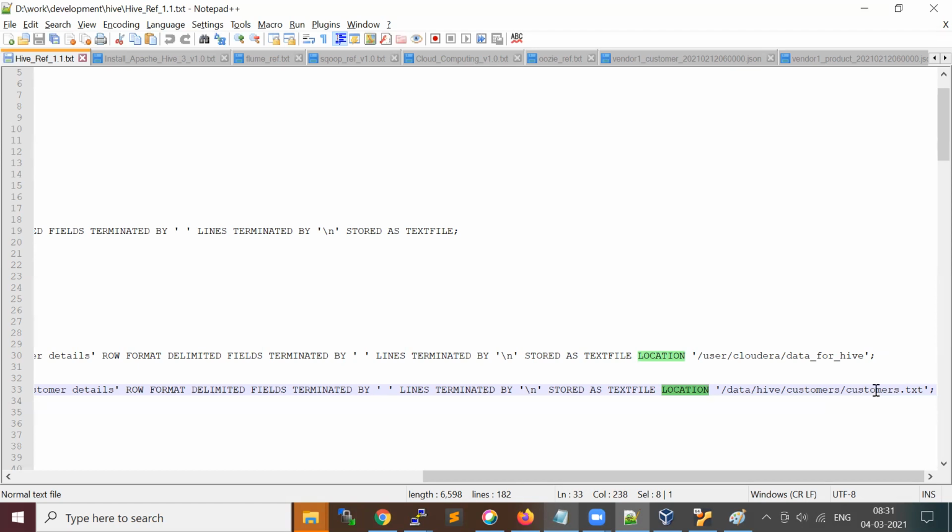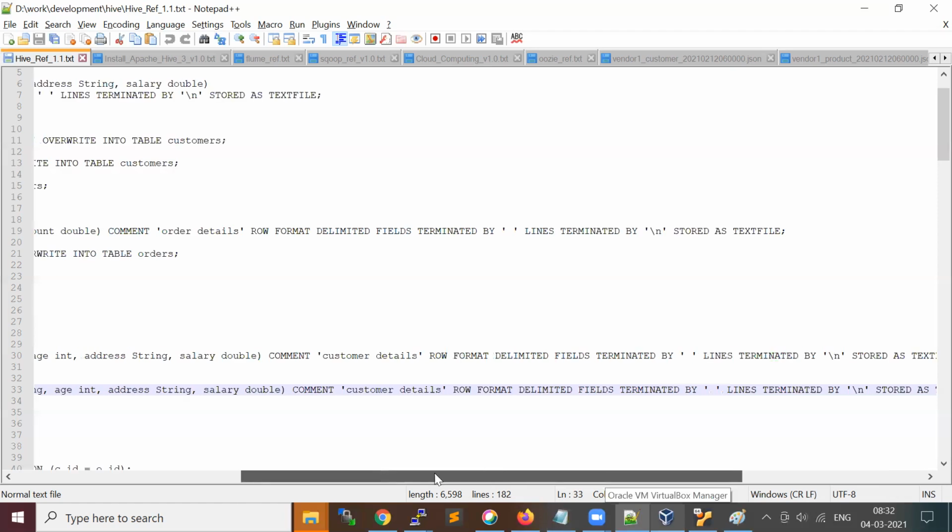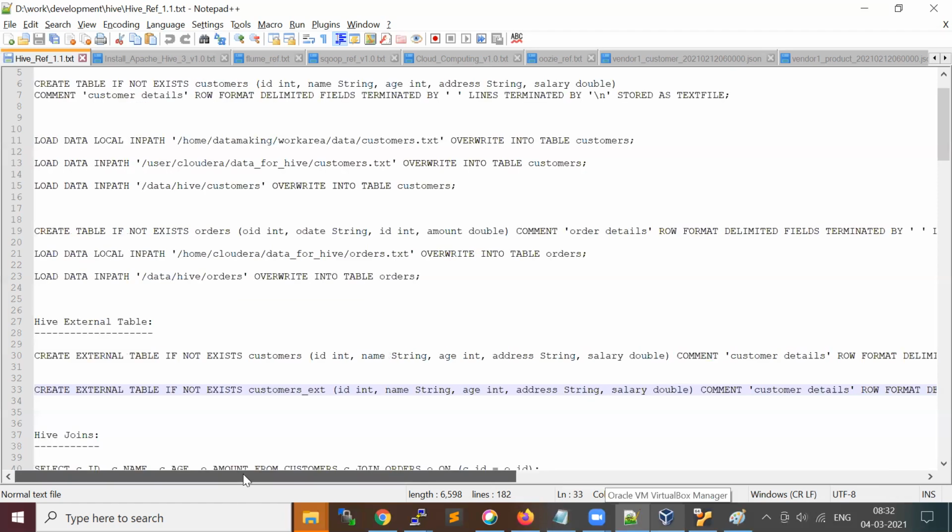For an external table, Hive will not use warehouse directories to store your actual data. That's one difference. And if you don't have the data inside HDFS when you create an external table, then you need not specify the location, and when you start loading, the data will get loaded into this table.